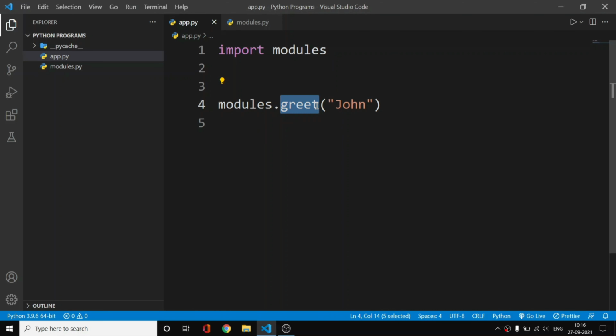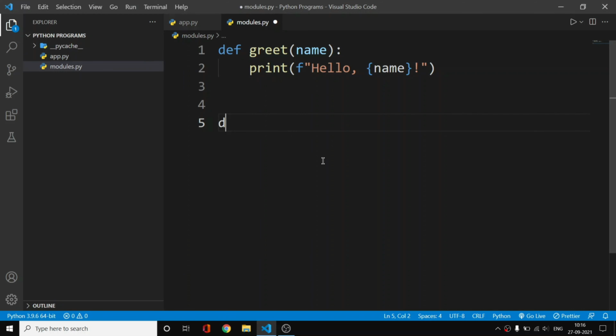That means the greet function which is inside of this modules, I want to call that, and then we pass the name as it is. We can create multiple functions like this. So let us create add, and here let us pass star numbers. This is basically an example from our xargs video. So if you haven't watched it yet, then you can also find the link in the I button now.